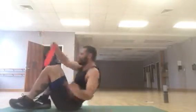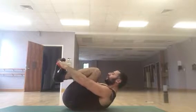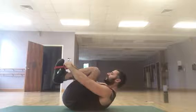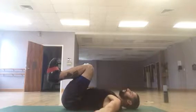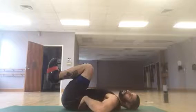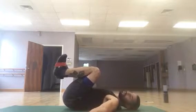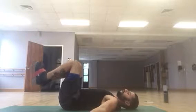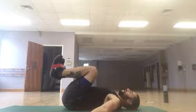Next, we're gonna be doing hip band pull-aparts, or hip band pulls as they call them. We're gonna take our small band right here. We're gonna put it right over the arch in our foot. Okay, we're gonna get into that same breathing pattern with our low back on the ground. We need to bring our knees up past 90 degrees, so we can't be out here. We need to be here. Big breath in, and